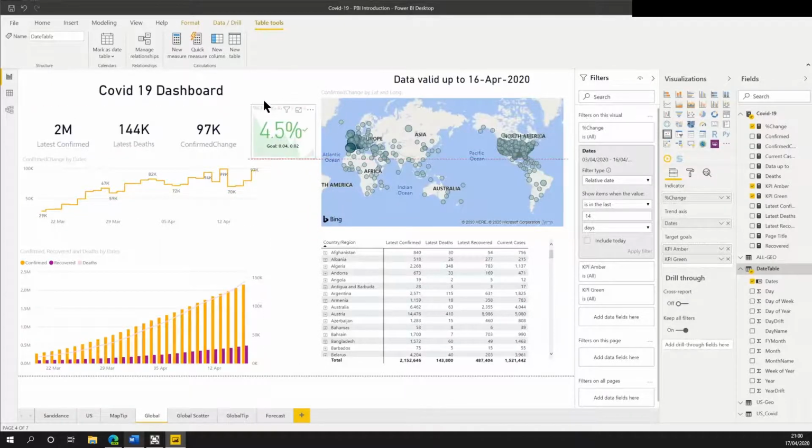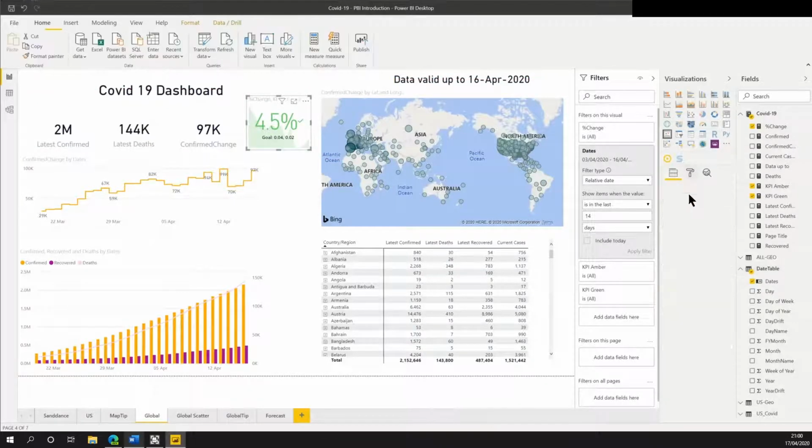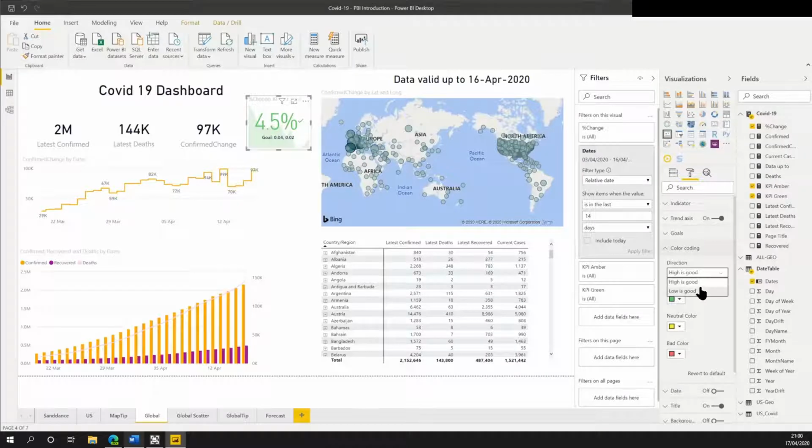Now it's picked it up the wrong way around, hasn't it? So what we need to do is change our KPI. So we click on the paintbrush roller thing, never know the right colour for that one. And we're going to change that, low is good. And we see it switches it. We can see it's been coming down, but it's just upticked again, but you've got a good figure there as